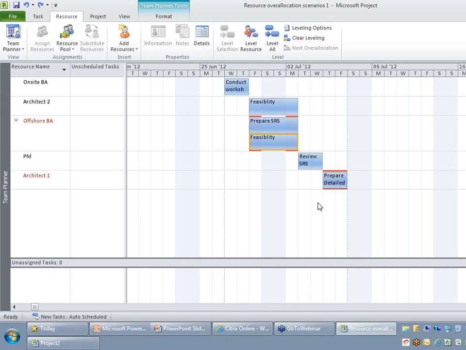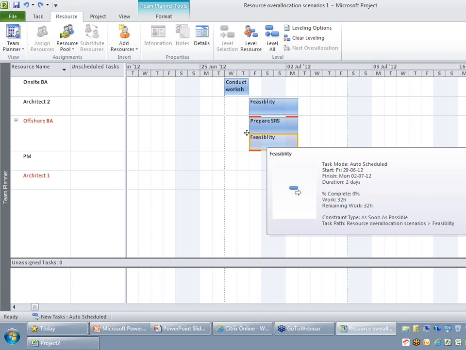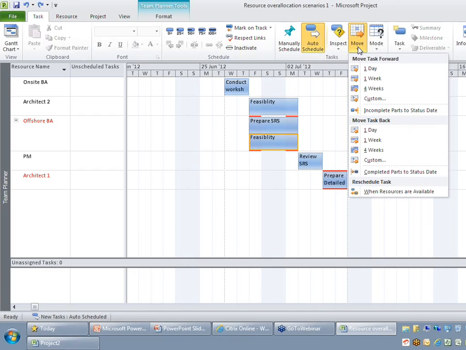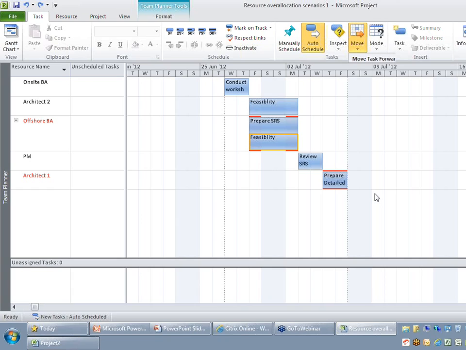The third approach is, let's say you want to push this task to a later date when the resource is available. Typically you want to push this to a date which starts from Tuesday to Friday. The way to do it is, make sure you select the task which you want to push, and you can just go to the move option on the task ribbon where you can say reschedule the task to when the resource is available.